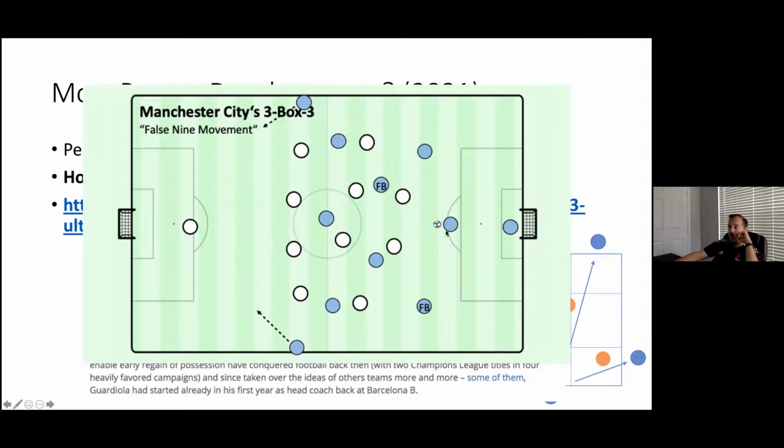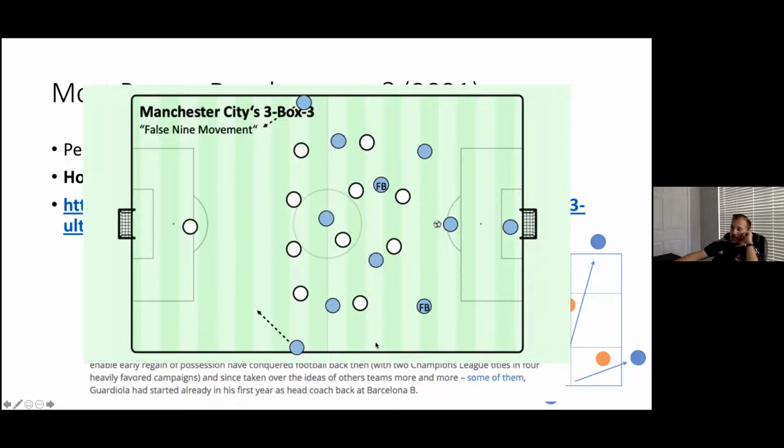Now it's 5. And what they would do is if this fullback needed to help the back line and drop in and create a back 4, they would still have 4 players in the middle. So they would still have a diamond or a box in the middle. If this attacking midfielder needed to drop out wide to get the ball to his feet, like let's say it's Bernardo Silva, to get the ball on his left foot and dribble inside, they would still have 4 players in the middle.